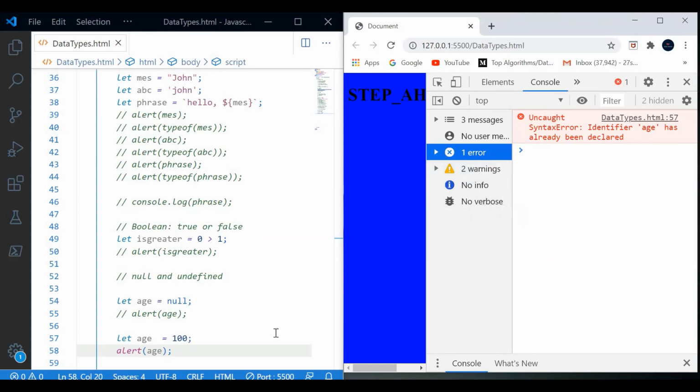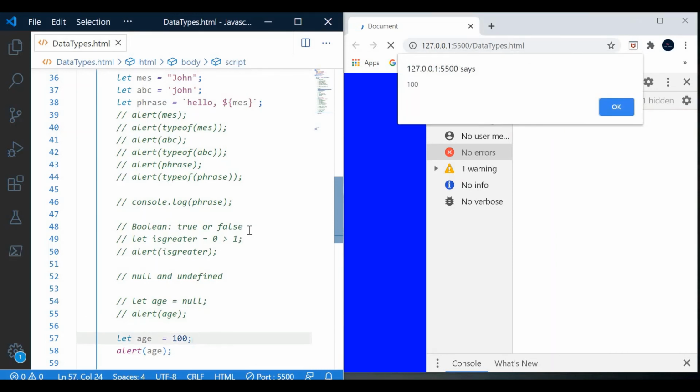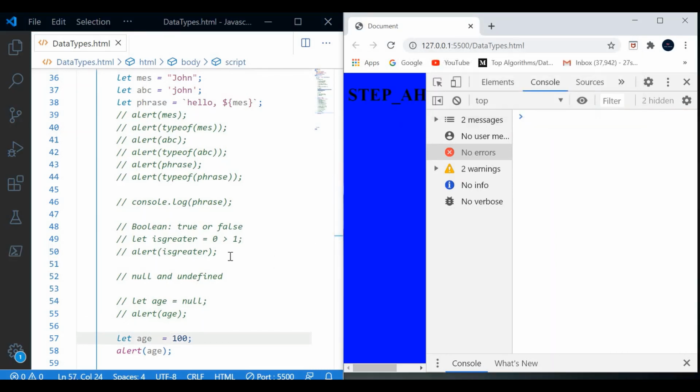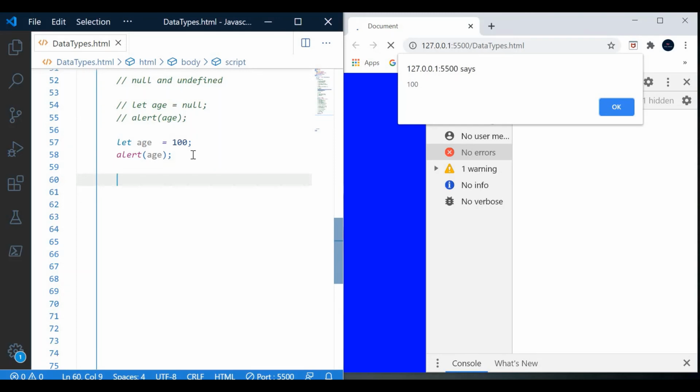It is showing an error. We will change that. We will comment the previous one, and then we can use the same variable, as it is showing 100. Okay, that's correct. When it will show undefined, we will check that. We will comment this also.